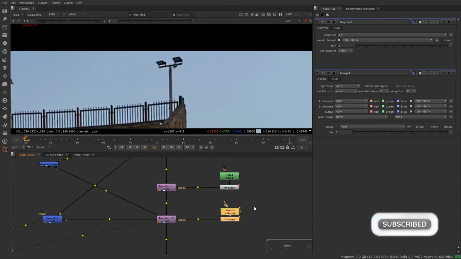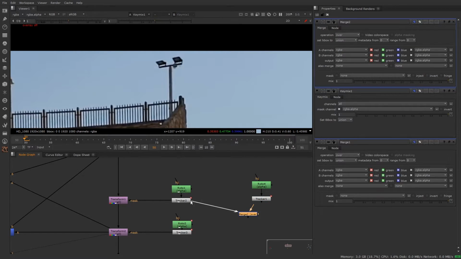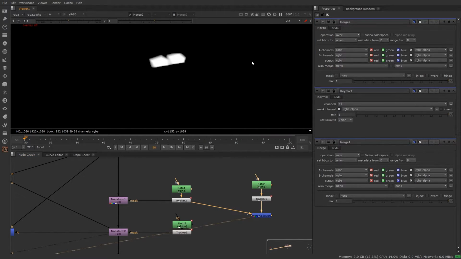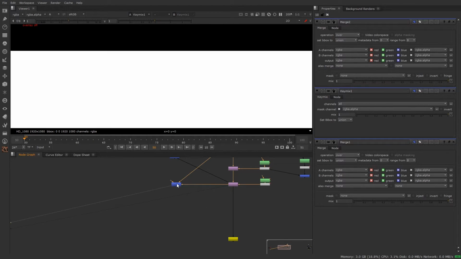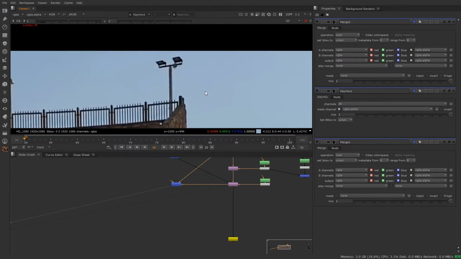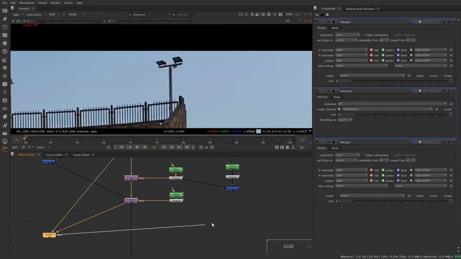Now here you can see we have the alpha over here. So if I just copy this alpha and paste it over here, I'm just merging both of the alphas. To merge, I'm using the merge node, A and B input. Over here if I check, we got the alpha over here, right? Now if I again just press 1 over here and press A for disabling the alpha in the viewer. Now if I connect this mask to our alpha that we just created, boom, it's done. Now you can see it's showing the result.